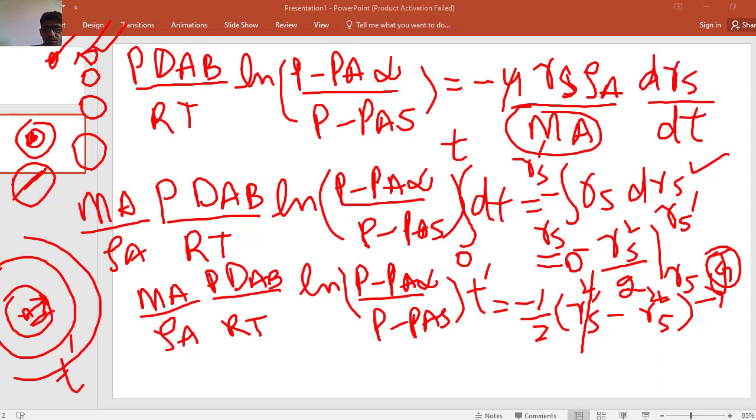Any name can be given to this equation, and that time can be obtained by T dash is equal to 1 divided by 2, Rs square, into rho A RT, density of A, universal gas constant, temperature,